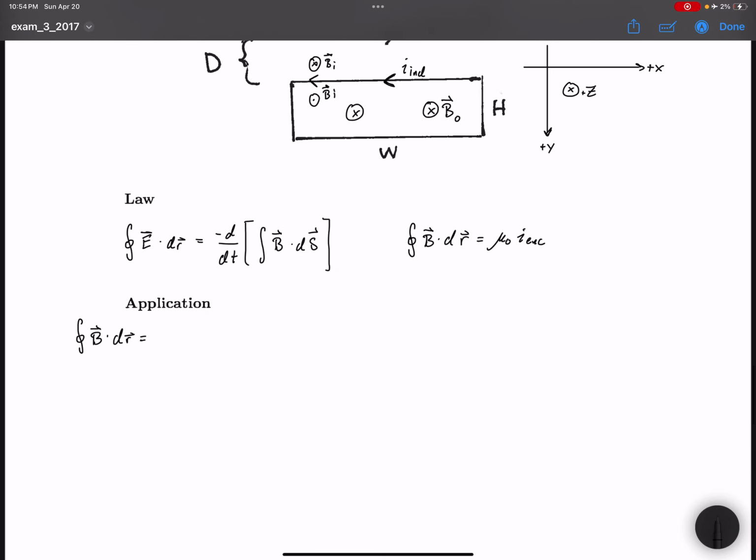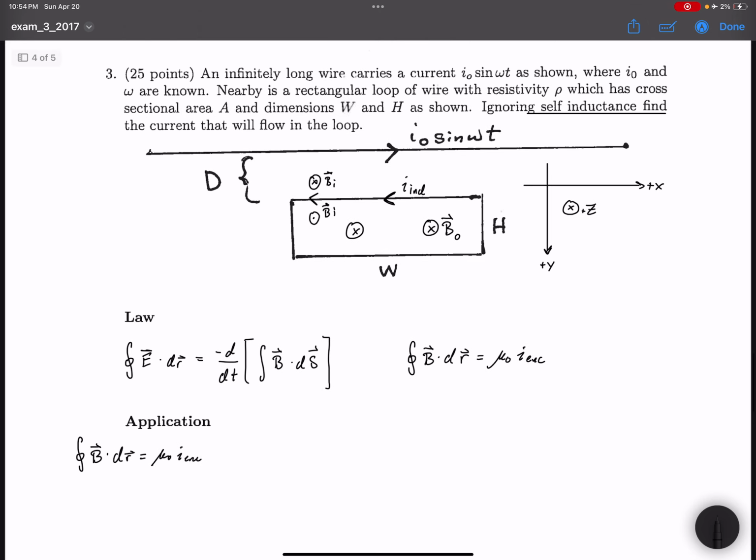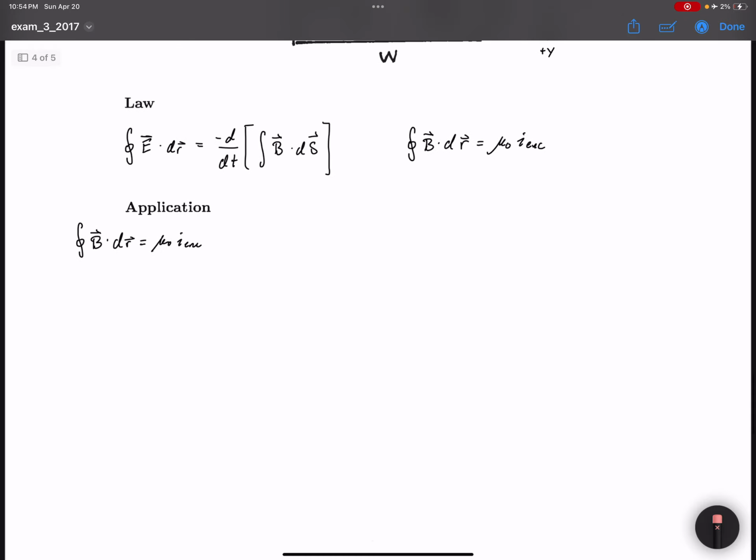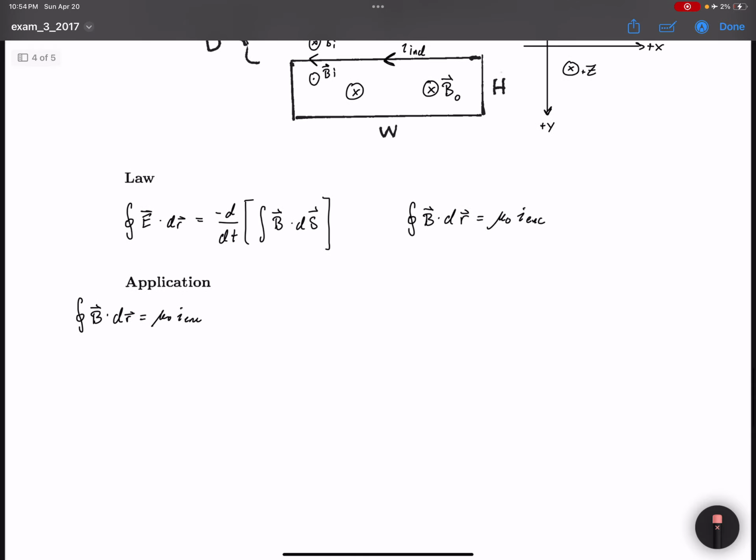And similar to Gauss's law, we're taking Gaussian surfaces emanating from the wire, like these circles, encapsulating more current or magnetic field lines until we have everything. So B naught is going to end up equaling mu naught I naught